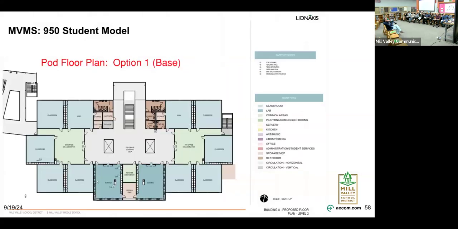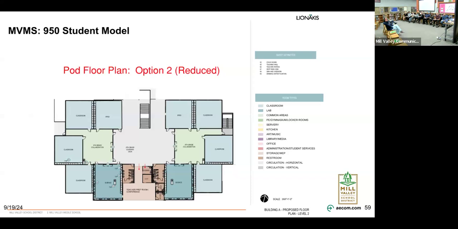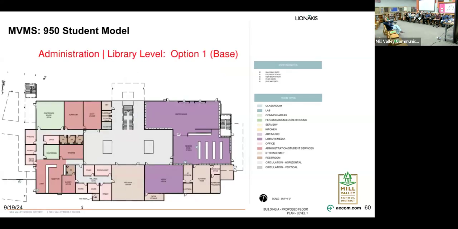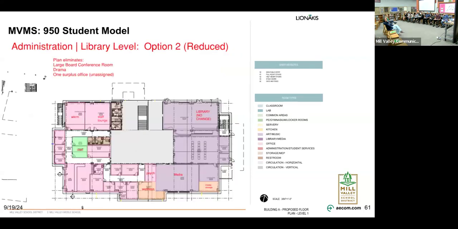So this is the pod concept that the steering committee came up with. As we flip to the next one, reducing 2 classrooms per pod. You can see how the footprint shrinks. And obviously when footprint shrinks, square footage shrinks, and dollars are reduced. Similarly, on the next page, the administration and library floor, it's shrinking,